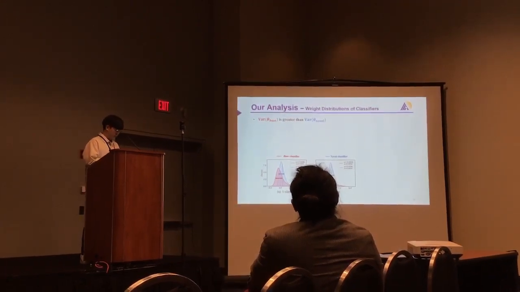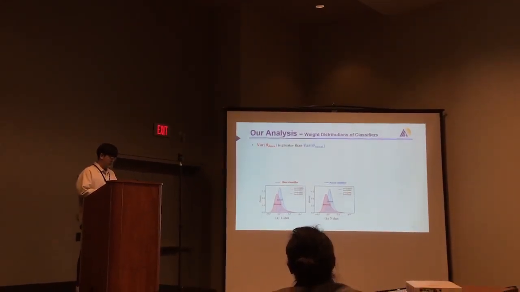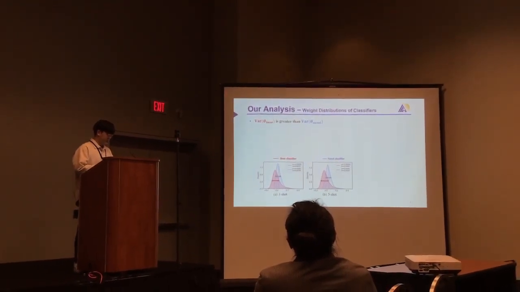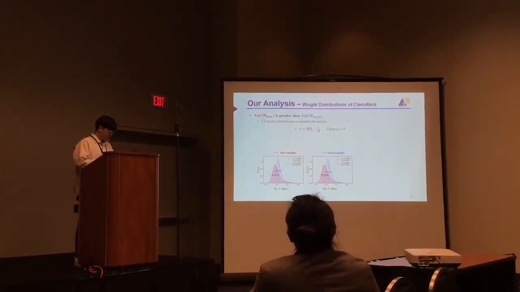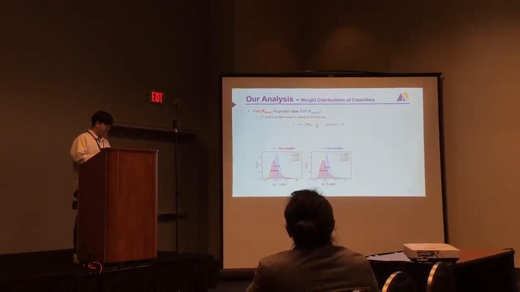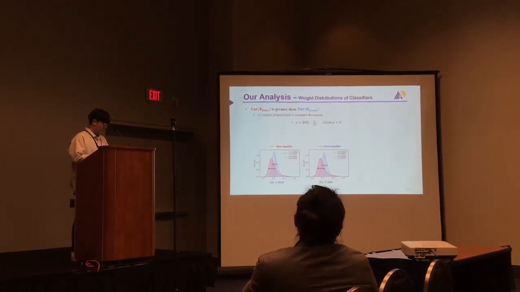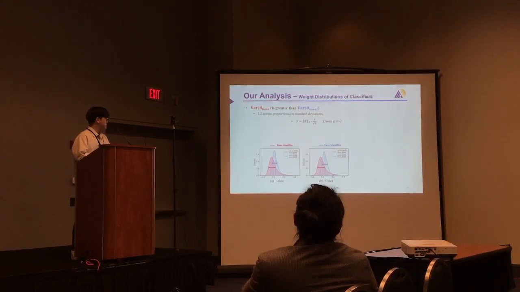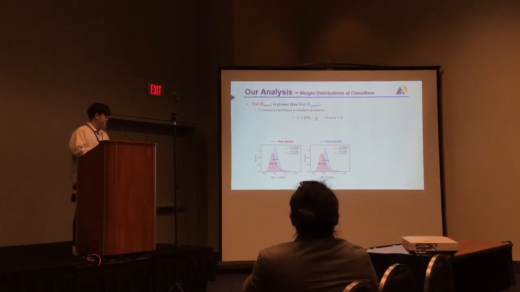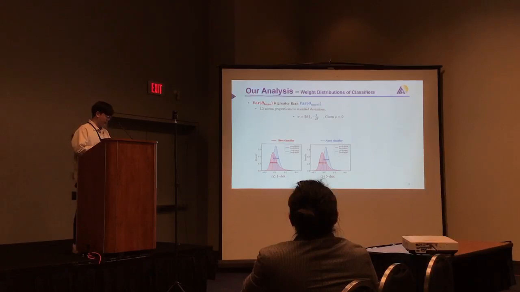So we analyze how the weight values are distributed. Our first observation is that the variance of weight of the base classifier is greater than that of the novel classes. Because in a neural network, given this assumption, the mean of weight is almost close to zero, even after we train the model. Given this assumption, we can have this equation, which means the standard deviation is proportional to the norm of weight. In this figure, as you can see, the width of the distribution, which means the variance, of the base classifier is larger than the novel classifier.